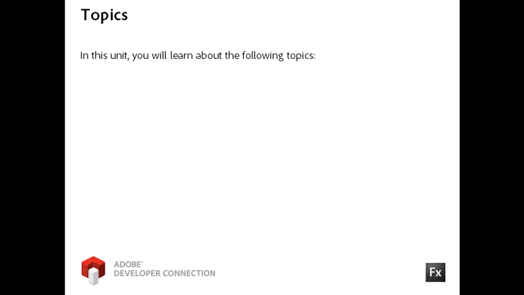Earlier in this day of training, you created an item renderer for the data group container and then applied it to two Spark list controls. In the last exercise, you used the data grid control to display data. In this video, you will bring your knowledge of item renderers to the data grid control and learn how to